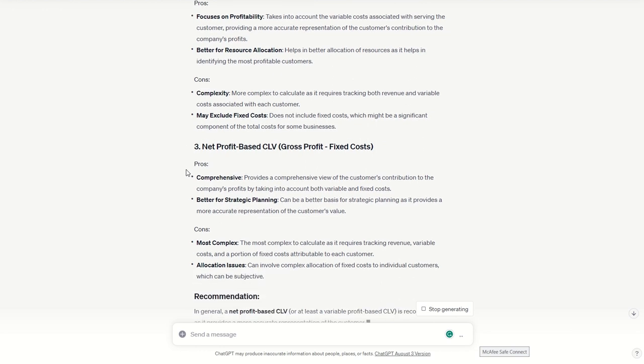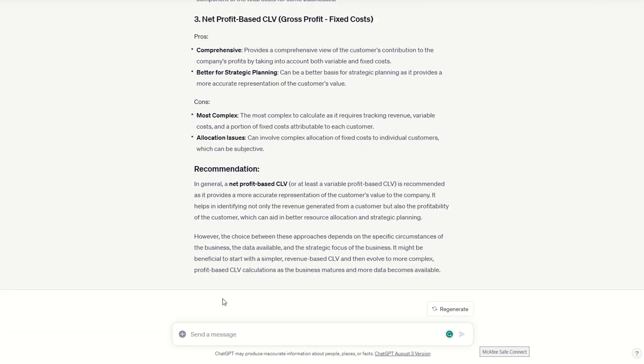Wow, net profit. That would be very onerous. The problem is incorporating the fixed costs. When you're acquiring the next marginal customer, those are already sunk. Wow, and they actually prefer a net profit-based CLV. It's really reasonable.